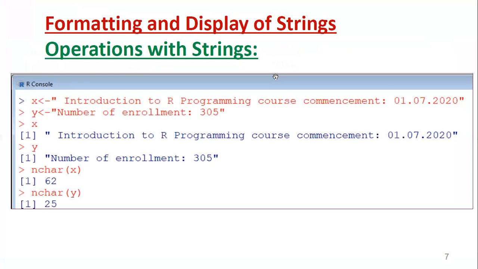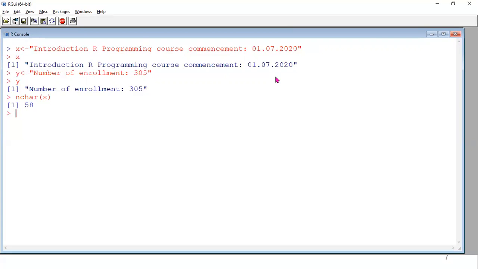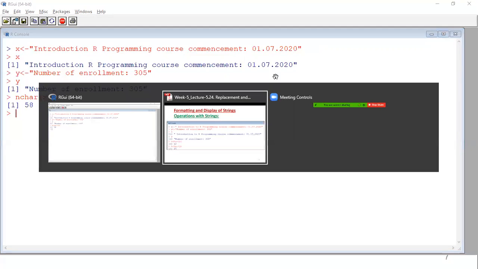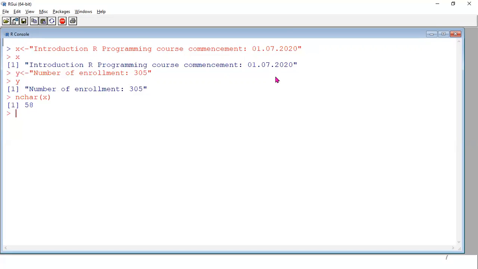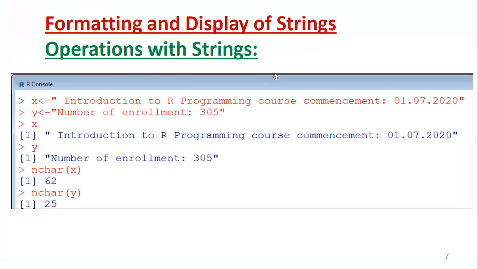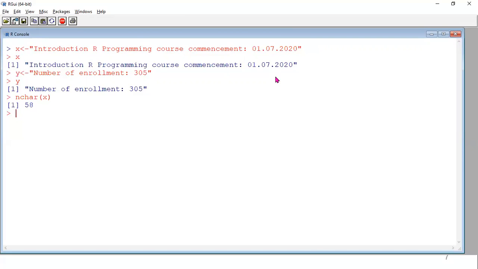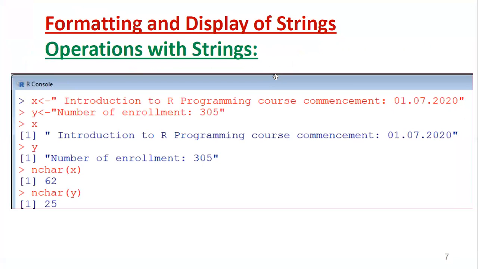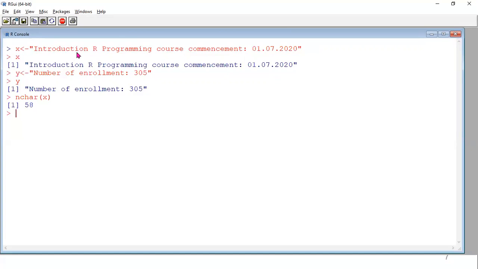So you can count; our string may not be the same as the original, commencement colon space introduction. See here in our output, 2 is there, so here 2 is missed. Introduction or programming.